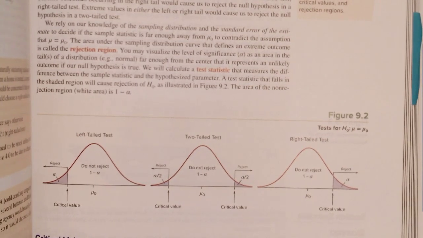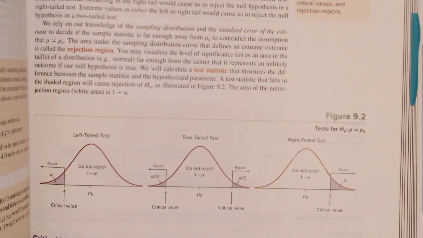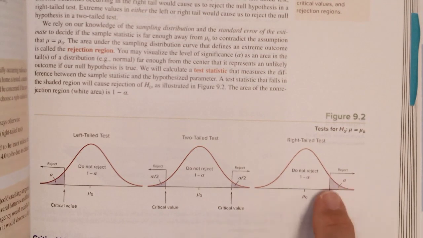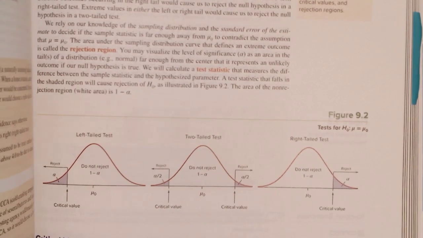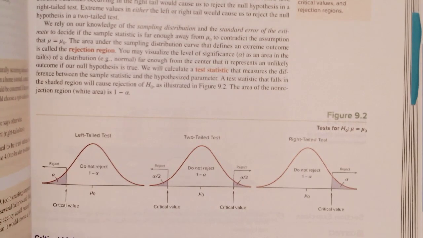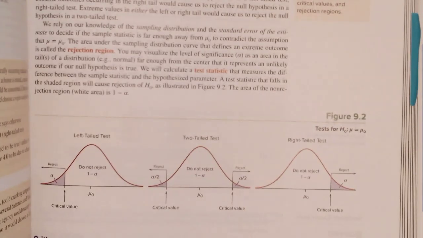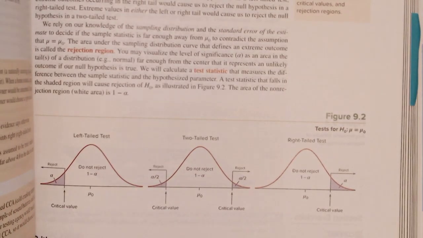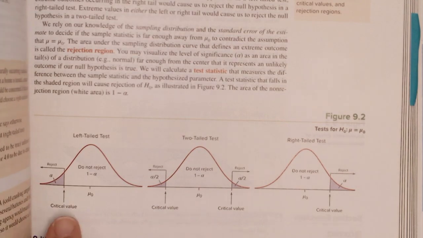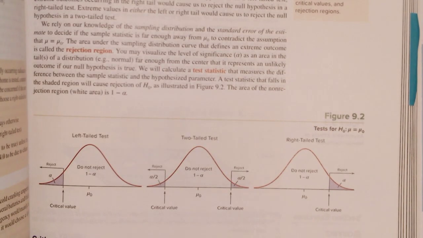Our level of significance tells us what chance of rejection is. And if my number falls in this part, I'm going to reject. If my number falls in this part, I'm going to reject. My number falls in this part, I'm going to reject. This picture on page 325 is going to become one of the Bibles of our doing statistical tests. I need to know what these cutoff critical values are. That is where we will start next time.